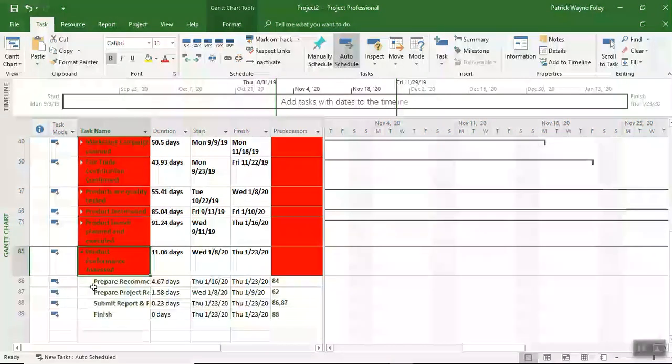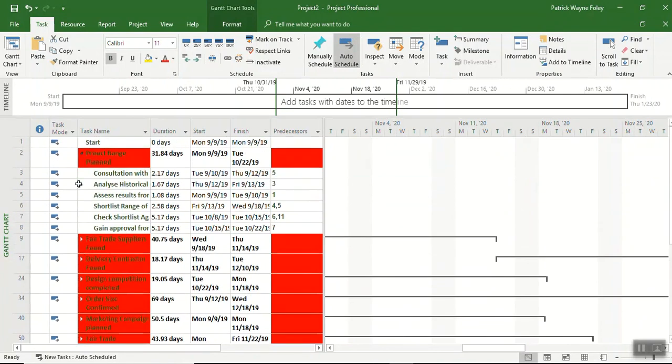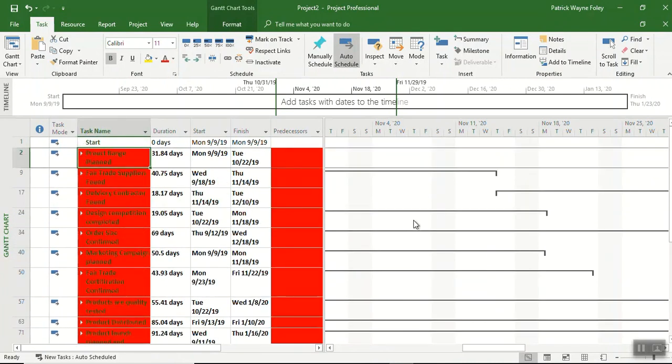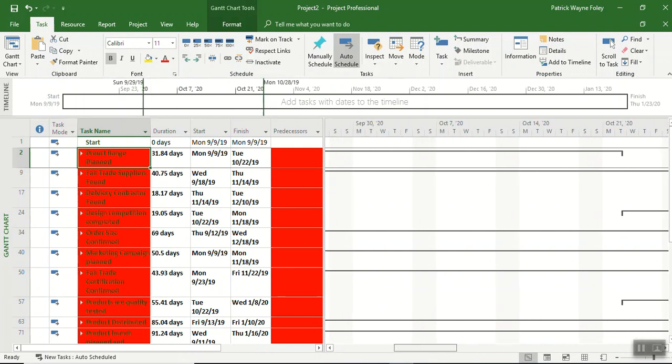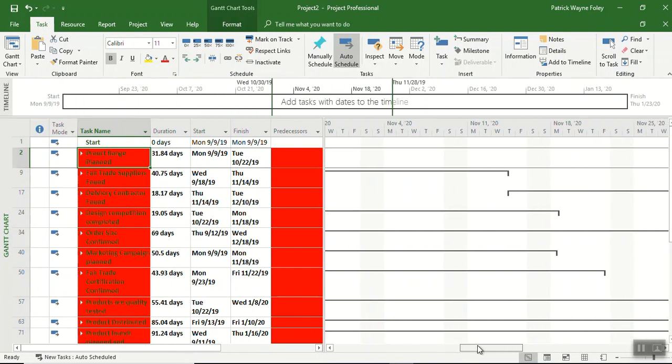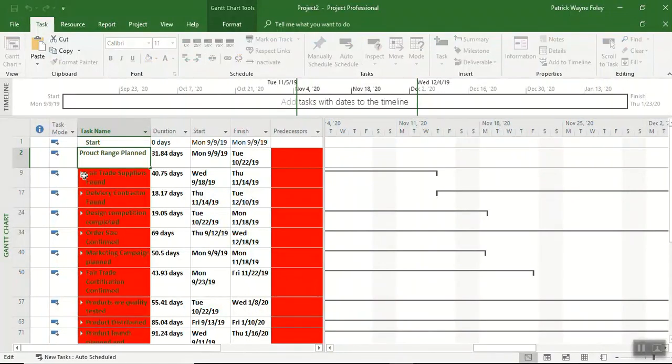And when we scroll across to the Gantt chart now, it becomes a way of looking at how different things are linking and relating to each other. So it's just a way of presenting information. Now we'll expand all these back